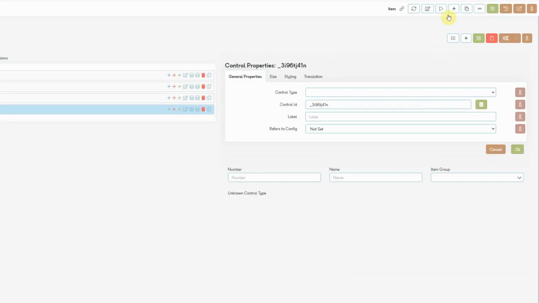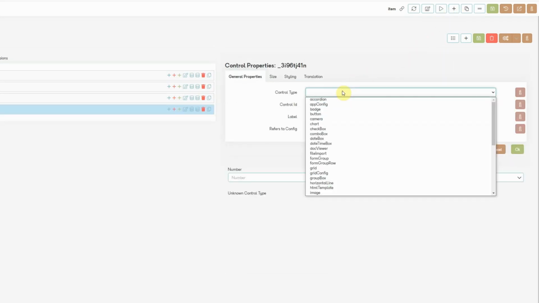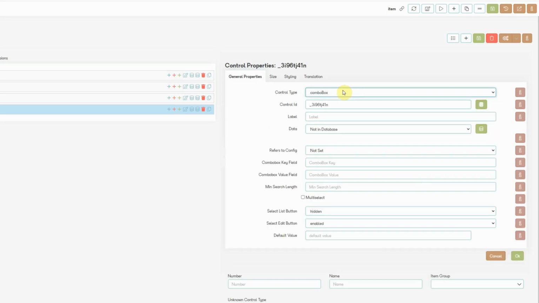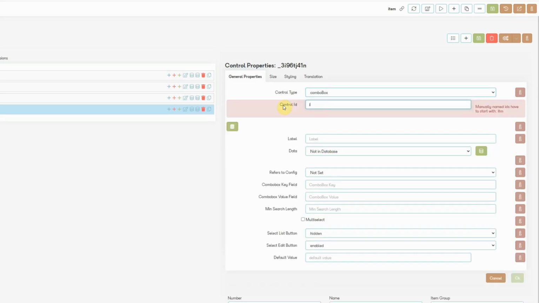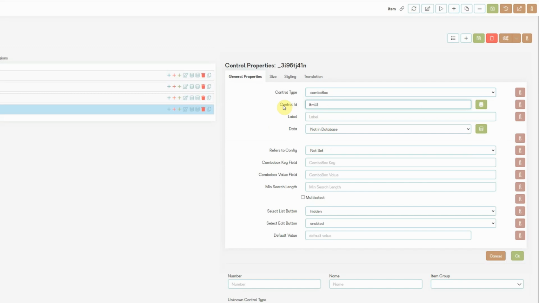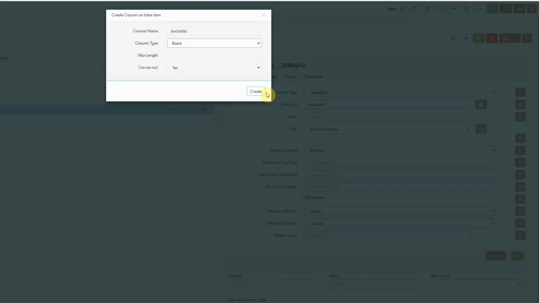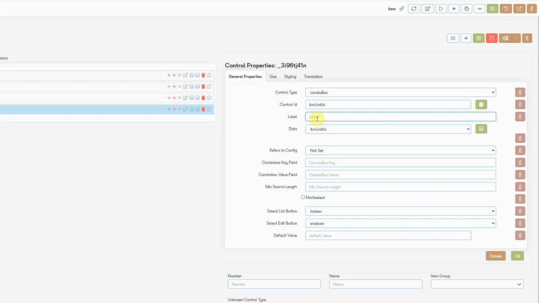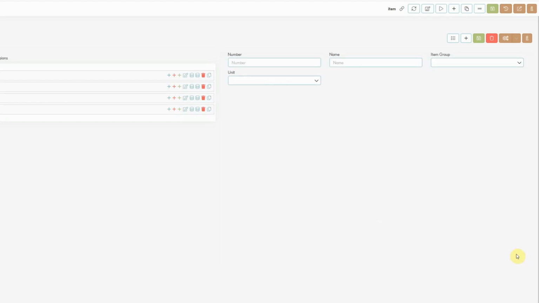Create another one. Will be the item unit. Every item needs a unit. It will be also a selection. Call that one item unit ID. Create the column. Give it a label. And there you go. And then we want to have a checkbox